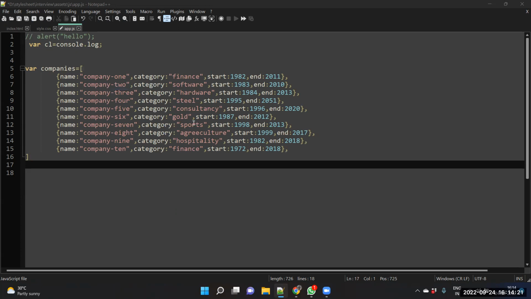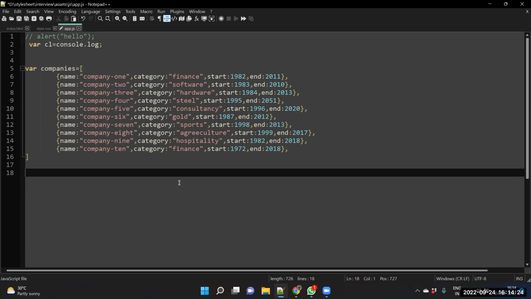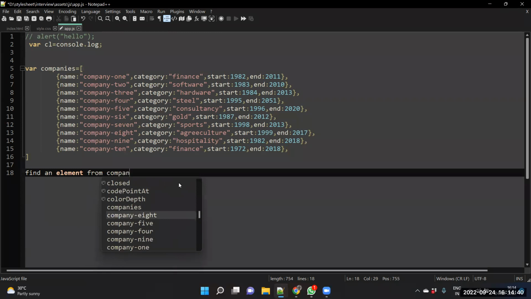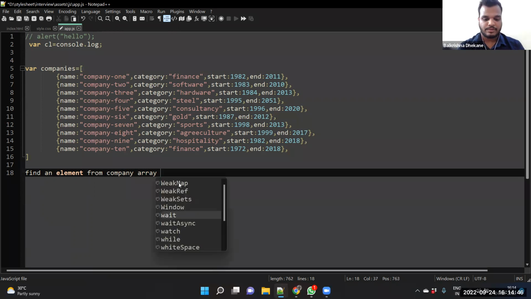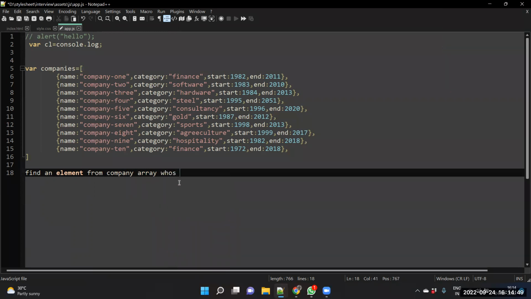Write the question there. Find an element from the companies array whose category is software.